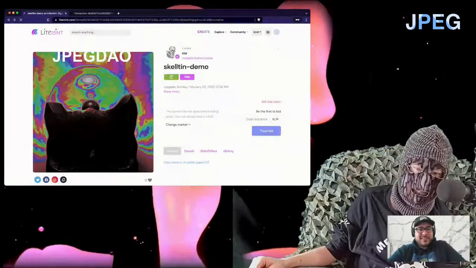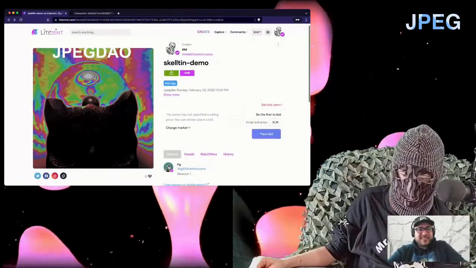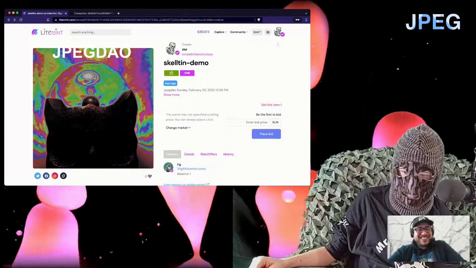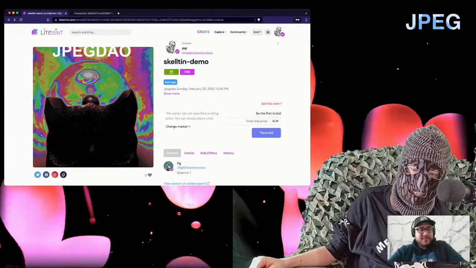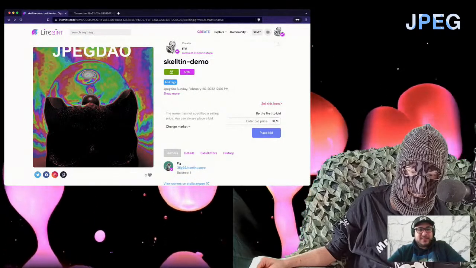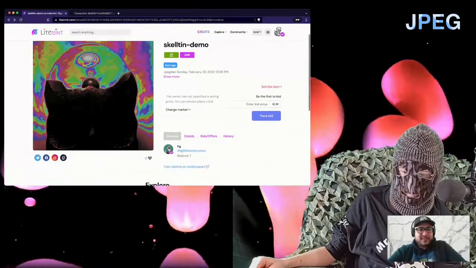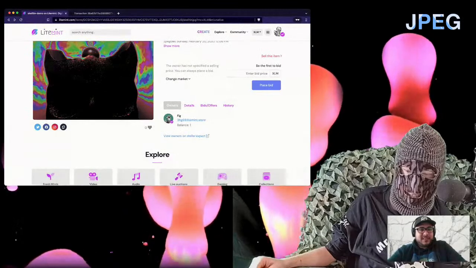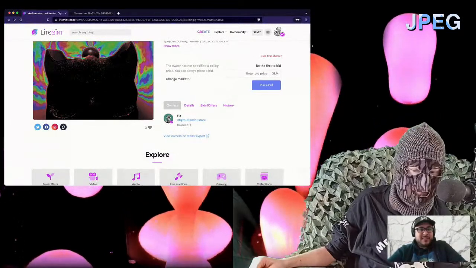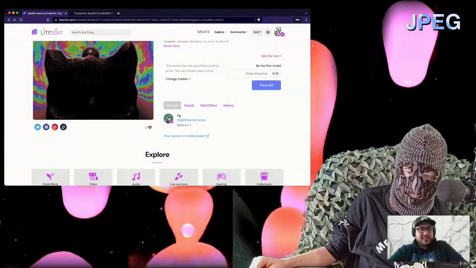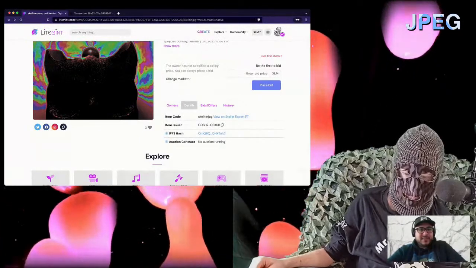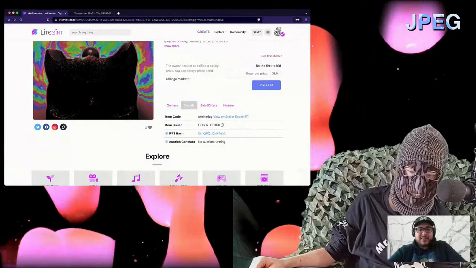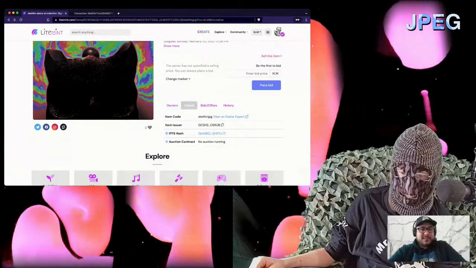Hey, so check that out. Skeleton Demo Fig now owns this. So we can see the creator was MrSkelitin. Here's its URL. And we can see that Fig owns this. I could see when he purchased it and everything like that. So here are the details. I've mentioned IPFS a few times. Here's the IPFS hash. So if I click on this,